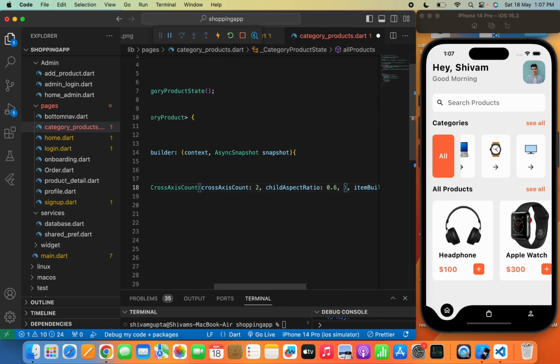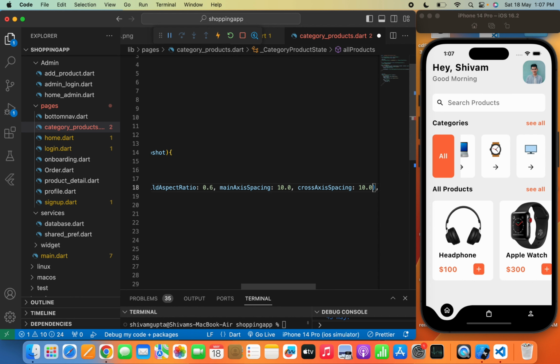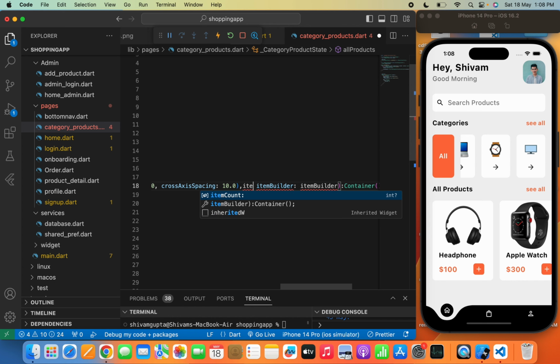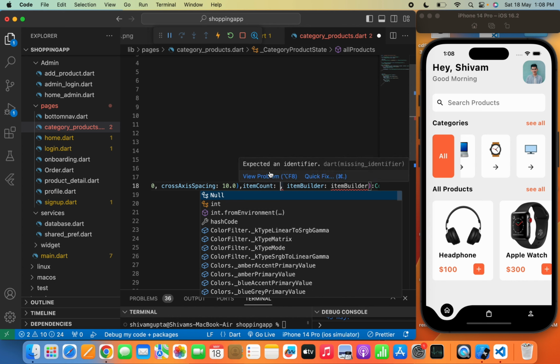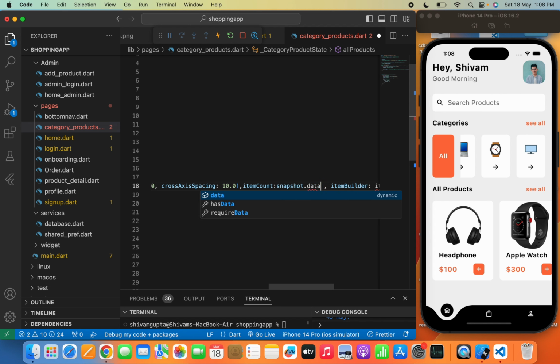We can change this number according to need, like how much spacing we need. I am just passing it randomly for now, just to test how we get our data from Firebase. Now we will pass a cross axis spacing and main axis spacing. Now in the item builder, but before that we'll pass an item count. Don't forget to pass item count, otherwise it will frequently throw an error. Now we'll pass snapshot.data.docs.length, and it will give us all the documents